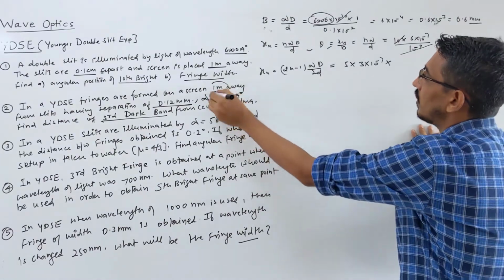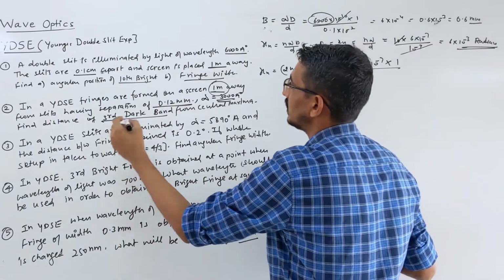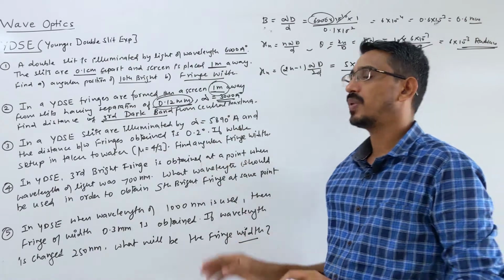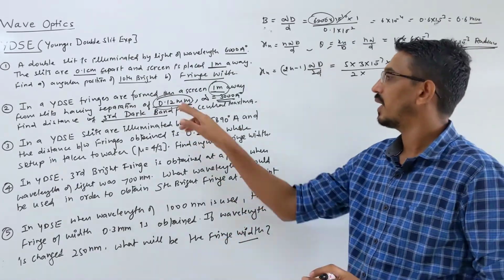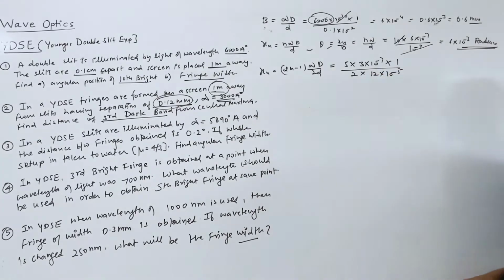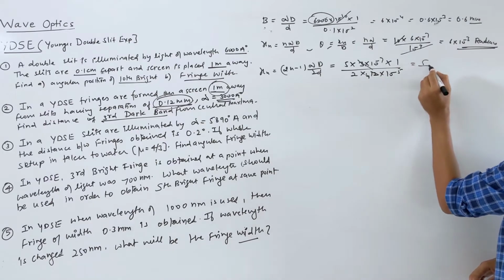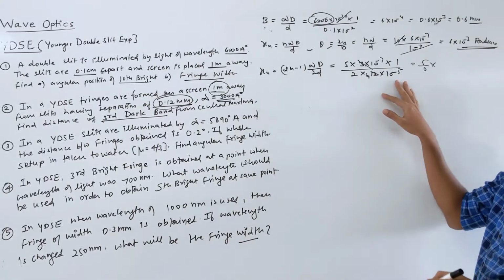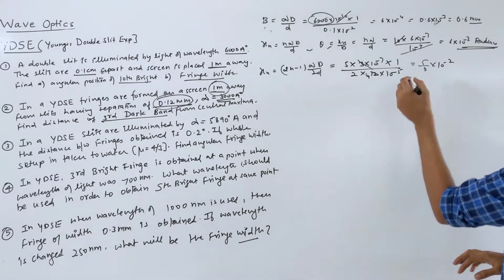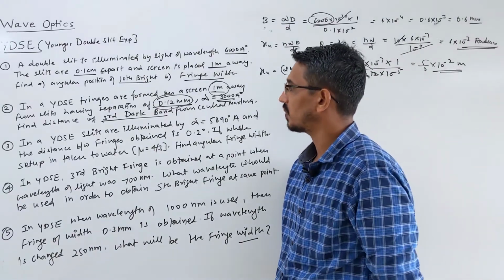D is given as 1 meter. So 1 meter by 2 into small d. Small d is given as 0.12 mm. Look, 0.12 mm means 0.12 into 10 power minus 3. Again, remove this decimal. You can write 12 into 10 power minus 5. Clear? Yes. This goes 4 times. So we are getting 5 by 8 into 10 power minus 5 goes up, so 10 power minus 2 remaining. This you can simplify further if you want. This meter is your answer. Okay, this was your second problem.